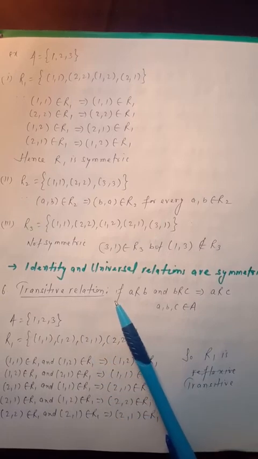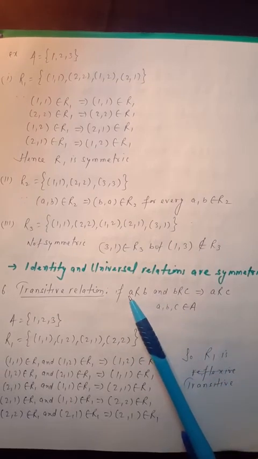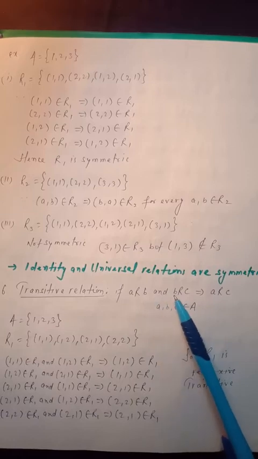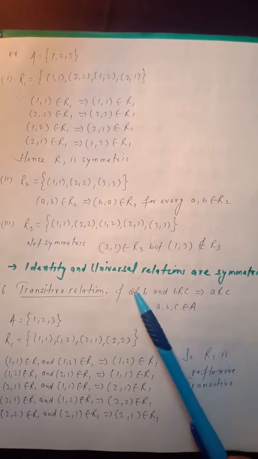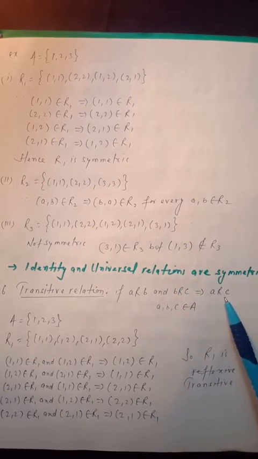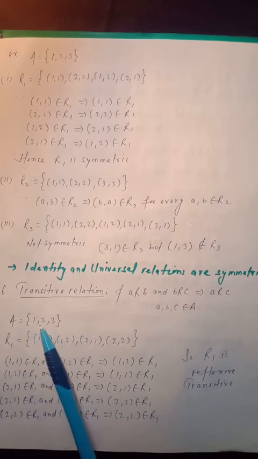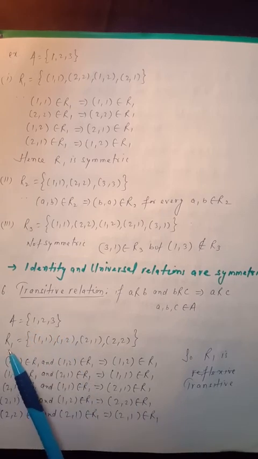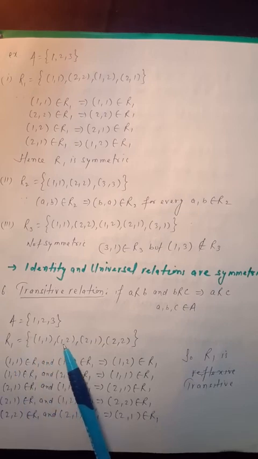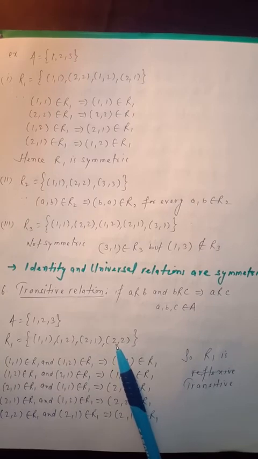Now come to the sixth and last type of relation, which is transitive relation. A relation on set A is said to be transitive if there are three elements a, b, c which belong to set A, and if a is related to b and b is related to c implies that a is related to c, then we will say that the relation is transitive on the given set A. Let's take this example. Here one set is A = {1, 2, 3}, and one relation is (1, 1), (1, 2), (2, 1) and (2, 2). So check one by one how.